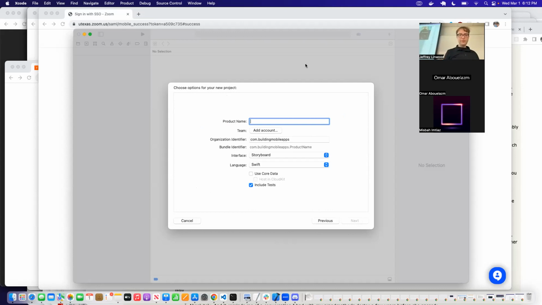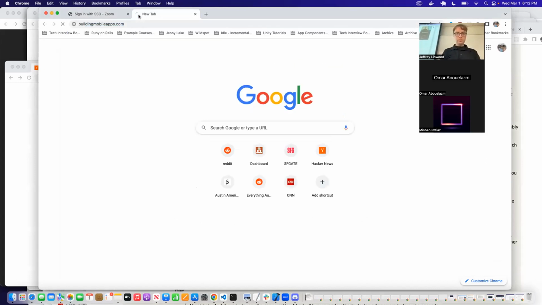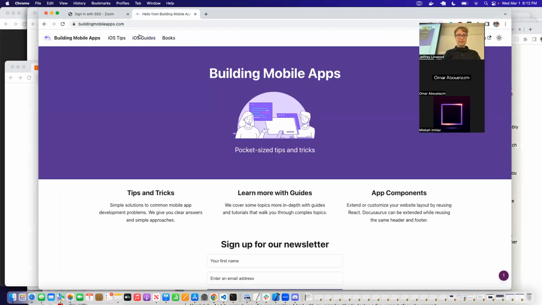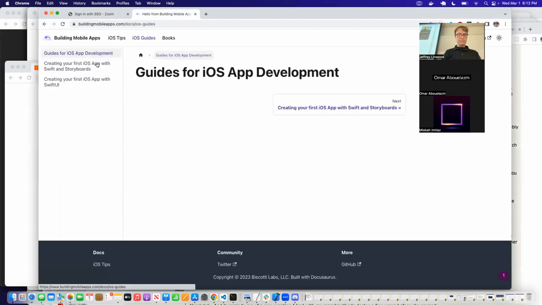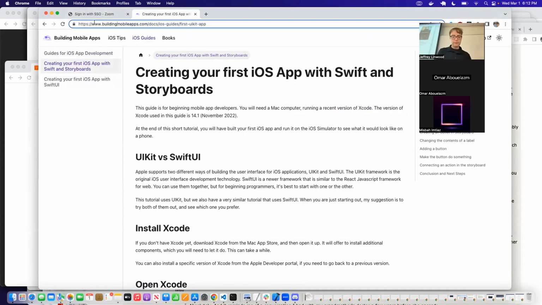Just for reference, I have a website with this tutorial on it. It's called buildingmobileapps.com. I haven't published everything on it for my class, but I teach a spring semester class in iOS app development here at UT. I wrote this tutorial and another one up here for the students in that class, so you're welcome to it. I'm going to drop this link into the chat, so if you want to follow along,